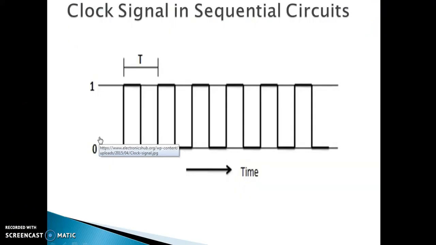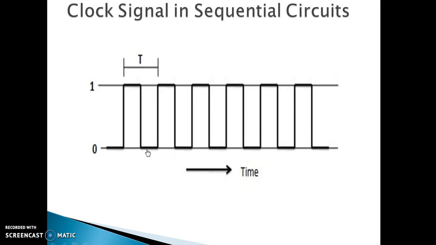Now we will see what a clock signal is and what its importance is in the sequential circuit. The clock signal plays a crucial role in the sequential circuit. The clock signal is a signal which oscillates between logic 0 and logic 1 repeatedly. A square wave with constant frequency is the most common form of the clock signal. A clock signal has edges. These edges are instants at which the clock changes from 0 to 1, called a positive edge, or from 1 to 0, called a negative edge.